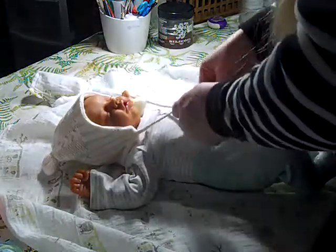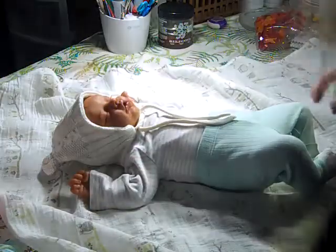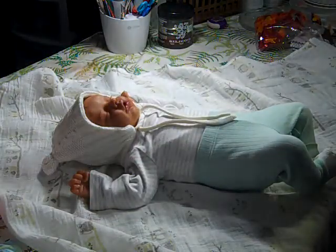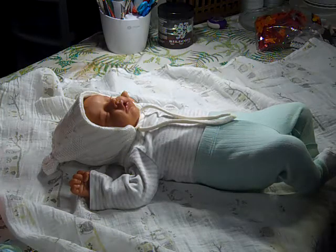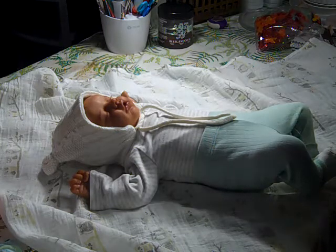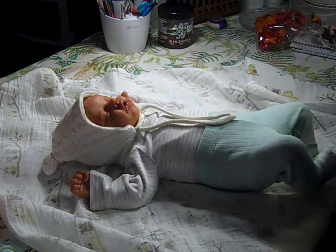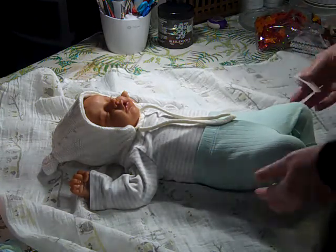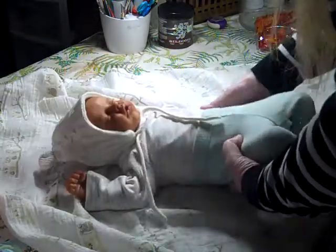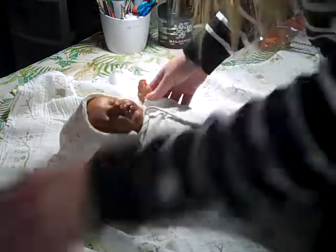Oh, look at him. I'm going to go ahead and just give it a little tie. Do I want to put the scratch mitts or don't I? I don't know. Let's see. Let me get a photo quickly of this little man getting ready to go home. Hi, little man. And y'all are going to be so proud of me. I think I remembered everything today. I even put the little baggie on the, I'm going to go ahead and use the scratch mitts. No, I'm not, because I want him to hold